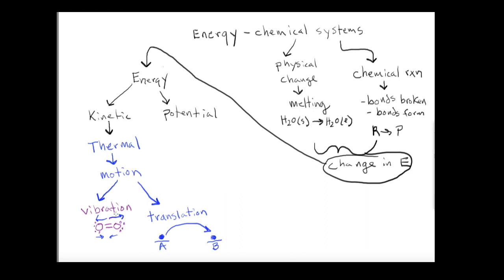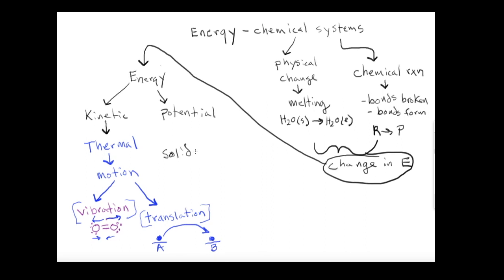All right, so molecules and systems can have these two kinds of energy. And when it comes to kinetic energy, right now we're talking about kinetic energy. So the kinetic energy is composed of movement, and you can boil the movement down into two types: vibrational or translational. And we've talked about this stuff before. When you consider a solid, the only kinetic energy that it has is going to be vibrational. I'm just going to abbreviate that. Both liquids, though, and gases can undergo translation.